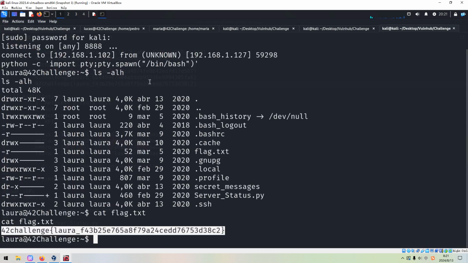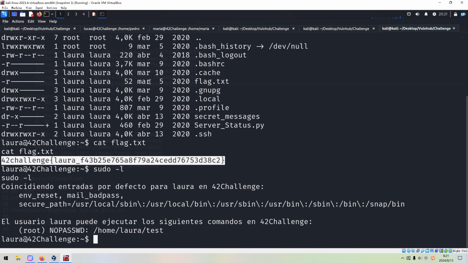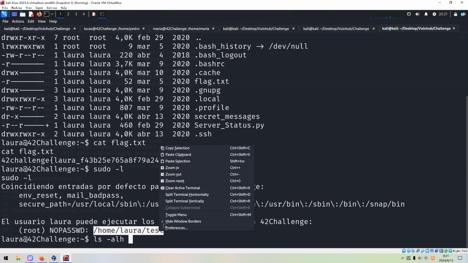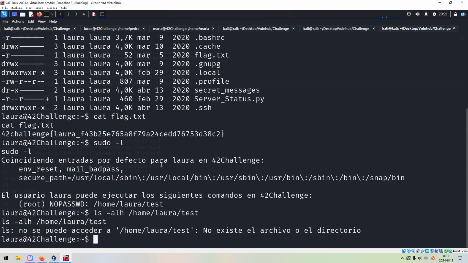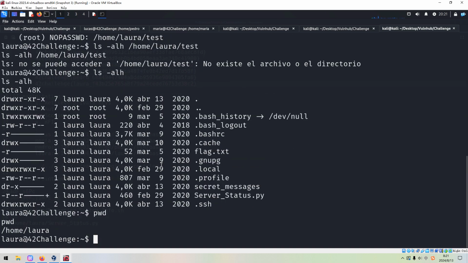So next, we need to elevate our privilege. For example, we can check sudo. With sudo, we do not need to provide a password to run this one. So we need to check out this test. No such file. I think we can create this file, right? So how to do it?